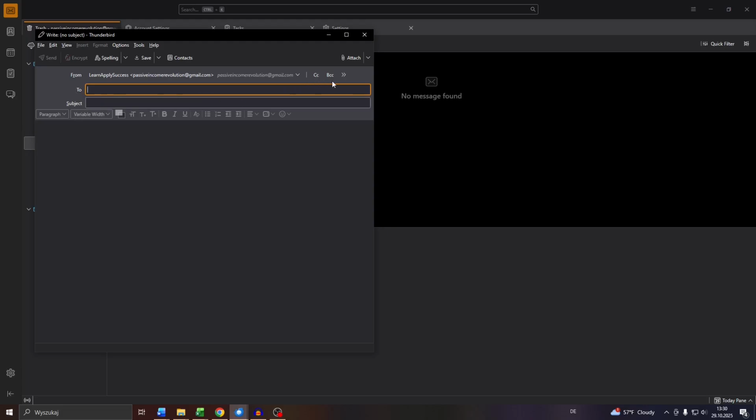You may add a CC or BCC here, the recipient's email address here, the subject, and simply click into the text field here, type in your message, and that's basically it. After that, click into send here in the top left corner to send the message to the recipient,